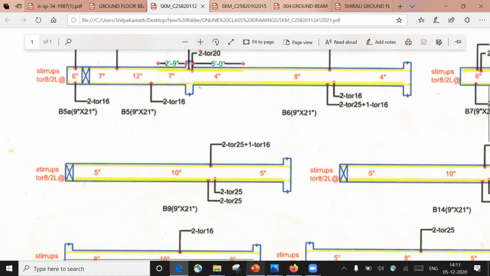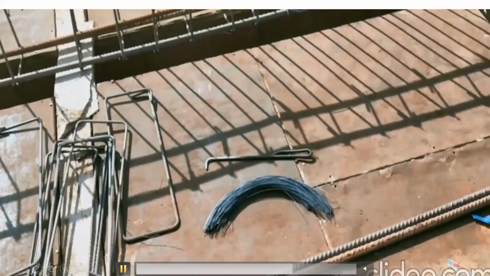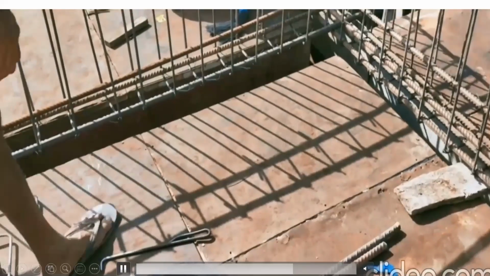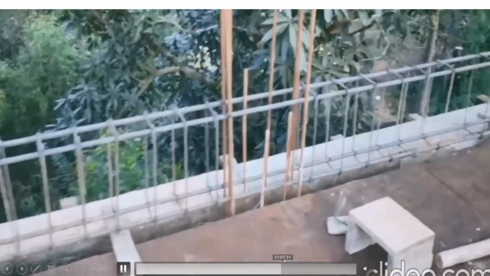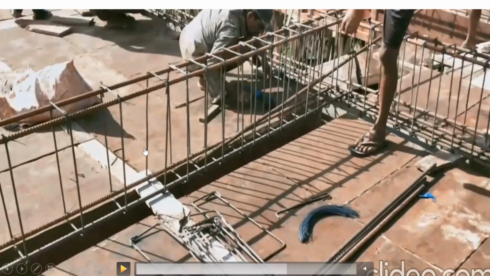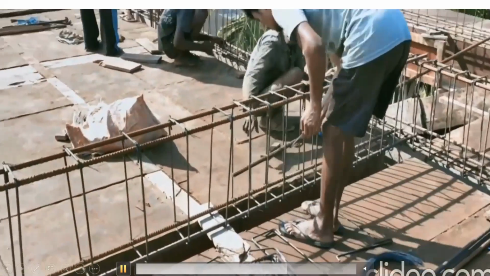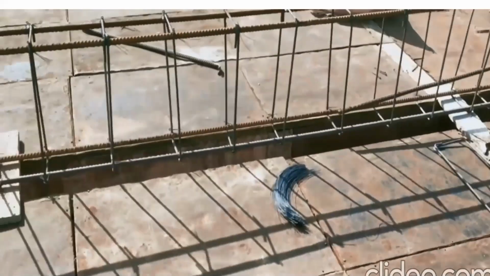So what we saw in the video right now, so far, was only the top bar. Once the top bar is arranged, see all these other top bars. According to this particular understanding of the drawing, at the top I have provided 25 diameter 2 bars, at the bottom I have provided 25 diameter 2 bars. Along with that, it was written you have to provide another 2 bars of 25 diameter. So this bar bender is trying to put that additional 25 diameter 2 bars. This is how they pass it practically at the site.